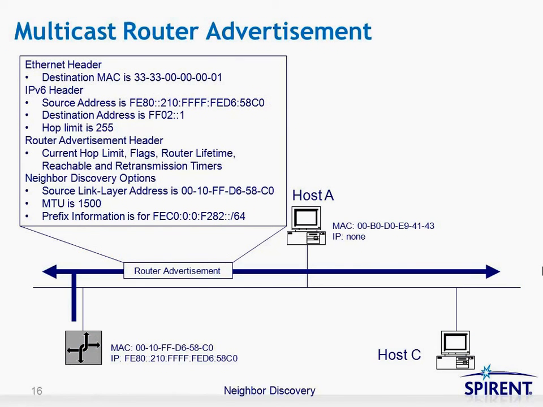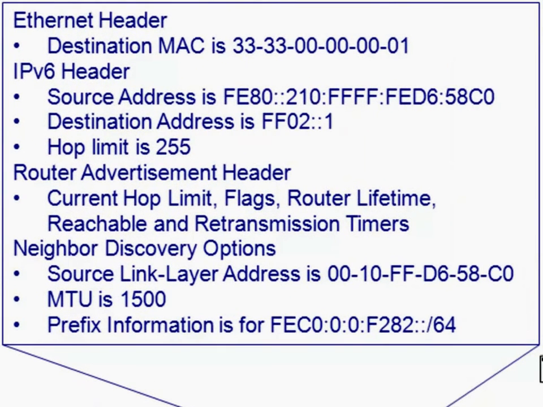So this slide depicts a multicast router advertisement, and so you can sort of parse through and look at things. For instance, the destination IP address is FF02::1, which is all hosts on this link. And again, just like any multicast IP address, it maps down to an Ethernet MAC address beginning in 3333 with the least significant 32 bits equal to the least significant 32 bits of the multicast IP address, which again is just ::1, so it's all zeros ending in 1. So essentially all hosts on the wire will be listening to that destination MAC and that destination IP address, and they'll receive the router